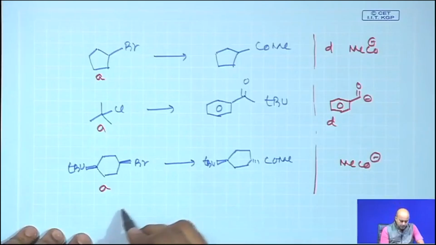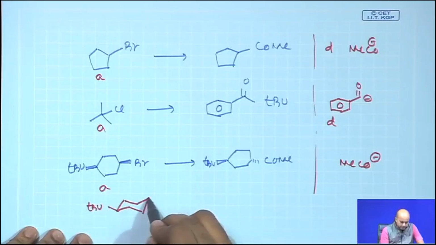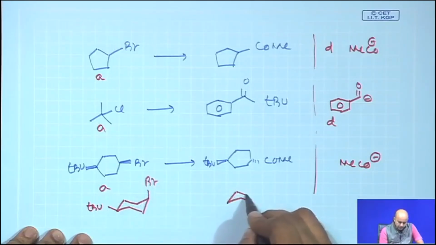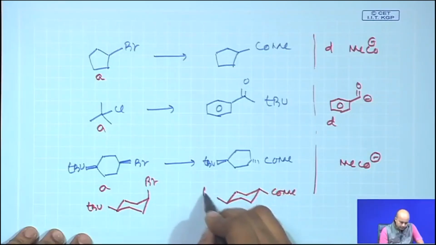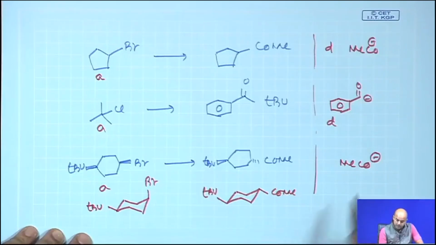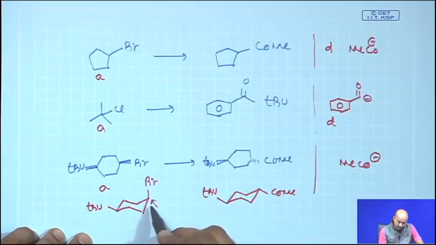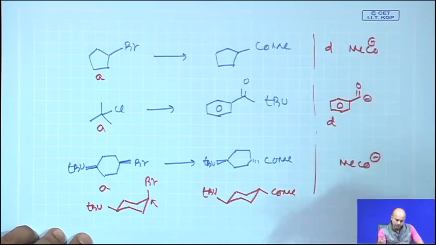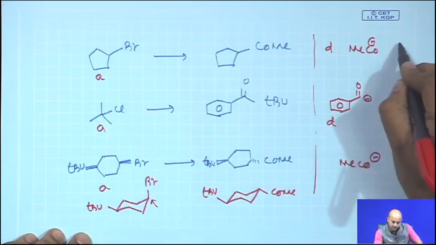Now, in the third case you have to look at the stereochemistry. The starting compound is tertiary butyl, the cis compound. Okay. Now, the final product which was given is a trans. That is obvious, because as you are doing an SN2 reaction of this MeCO minus, it always attacks from the backside, SN2. So, you get this COMe. Now, what is the source of this MeCO minus? You can easily use this 1,3-dithiane chemistry,